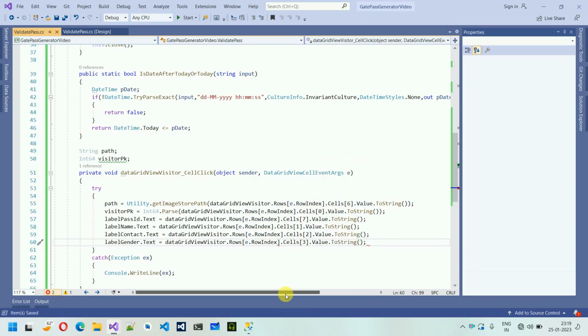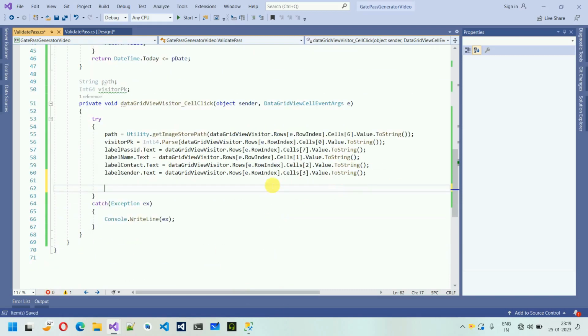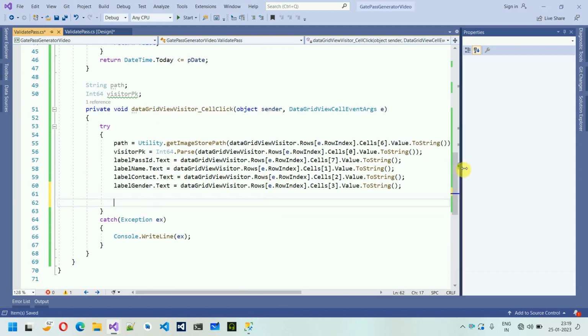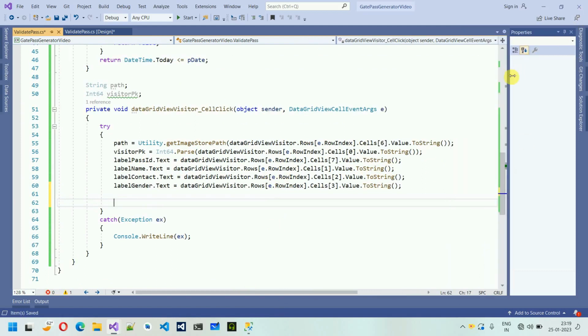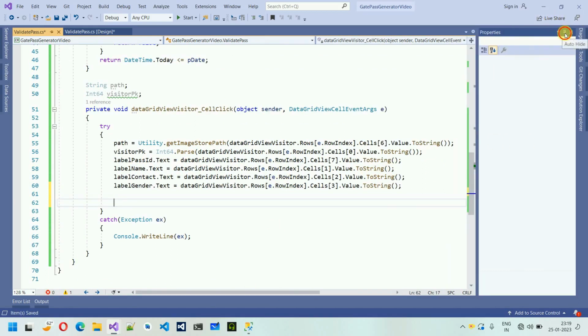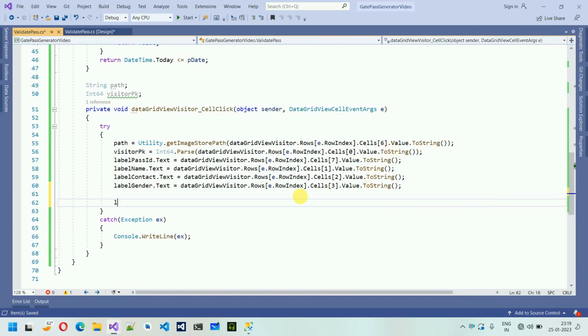After this we have label valid from and valid to, so we are also going to set that. Let me just increase the font a little bit and minimize this property section. So click on this one. And after this we have label valid from dot text is equal to data grid view visitors dot rows. Inside this one we have to pass e dot row index dot cells. Inside this one 8 dot value dot to string,